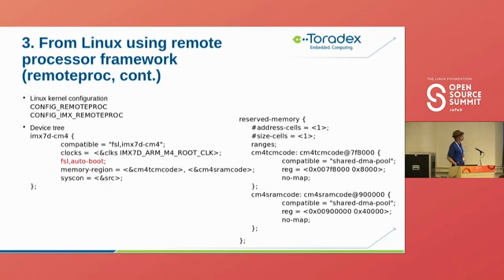And then the reserved memory. On the right side there you see how you can do that. For example, on i.MX7, these are some specific addresses which are basically reserved, meaning that those are mapped so that the A and the M cores can